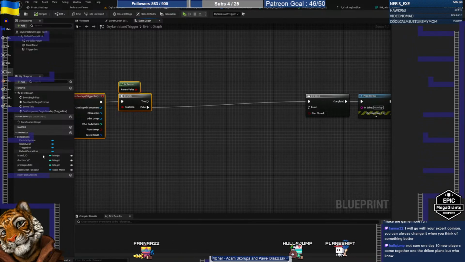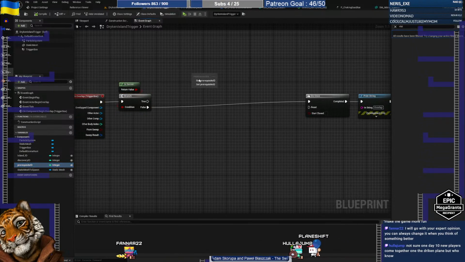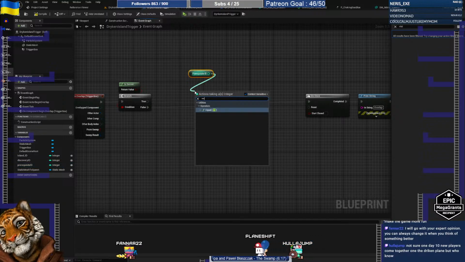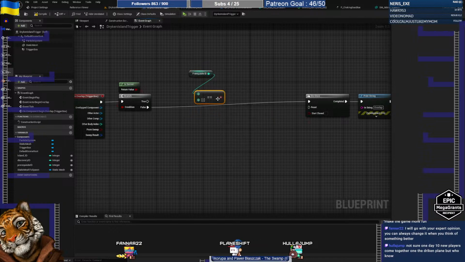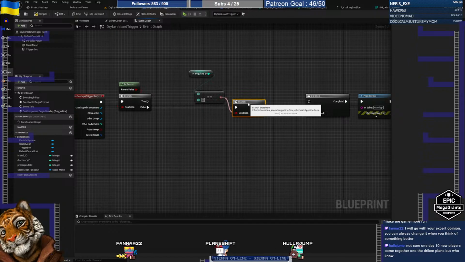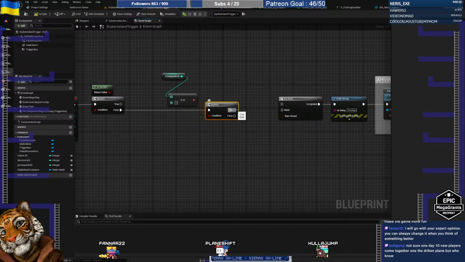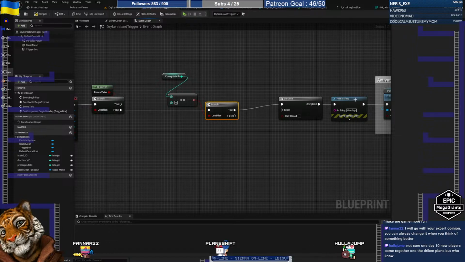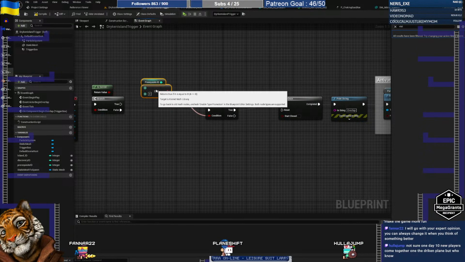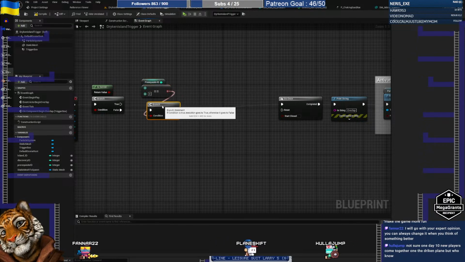So let's say that if the prerequisite ID is equal to 0, right? Then there is no prerequisite, right? So in that case, we can just continue. But if it's not 0,